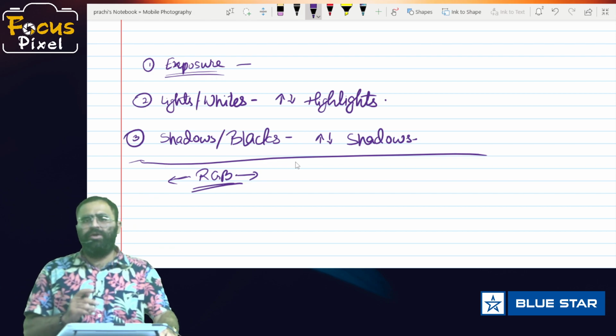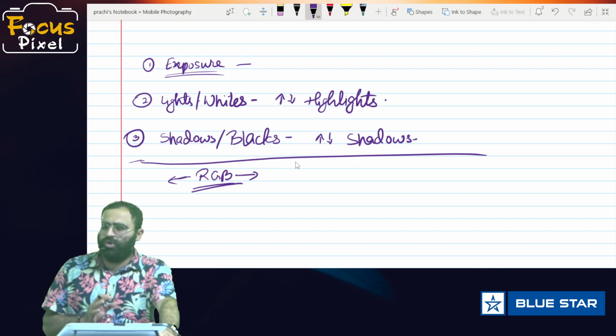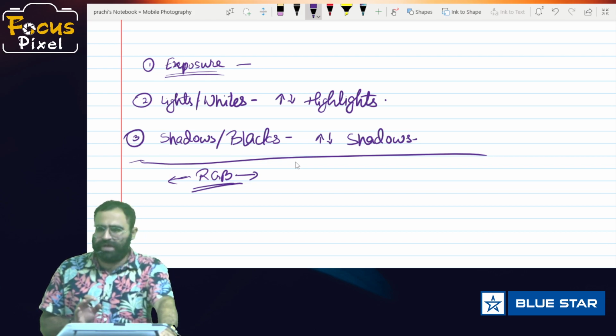Like if you want only the blues to be highlighted, all the rest of the colors would be faded. You can do that with the help of editing.